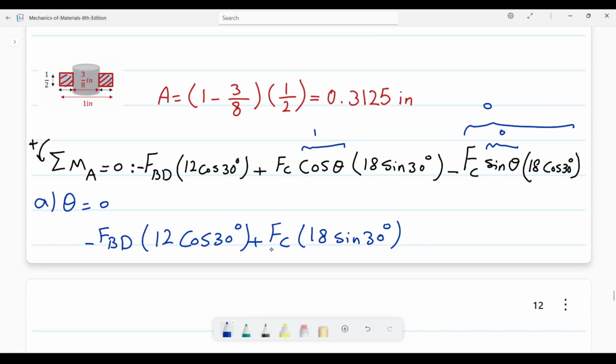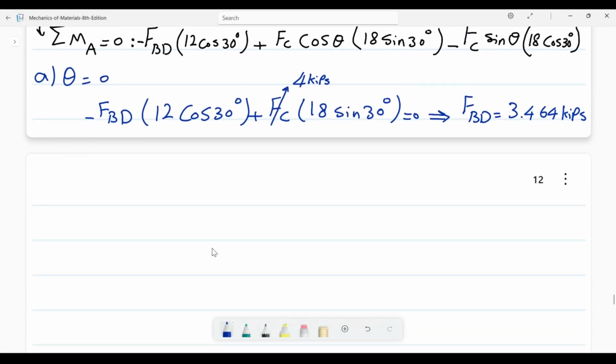And we know that FC is equal to 4 kips, equal 0, and finally we have FBD equal approximately 3.4641 kips,